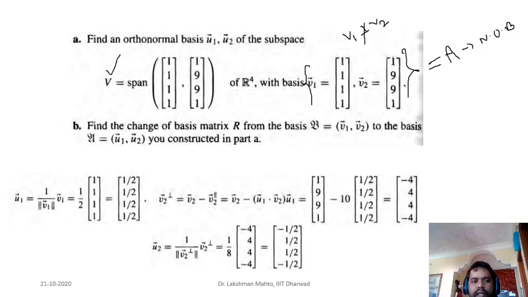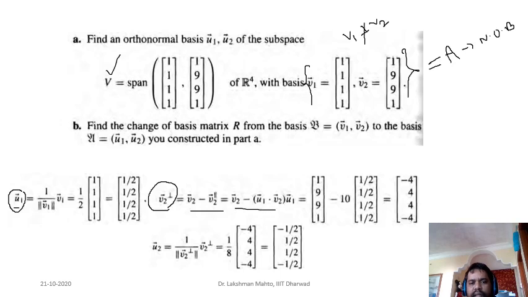How can we construct it? First we will take v1 and divide it by its norm, so we get u1. You can observe that we have already got u1, which is a unit vector. Next we will project v2 in the direction of u1 or v1, and we will take the perpendicular part of v2. So this is the v2 perp. How v2 perp is obtained is defined this way.